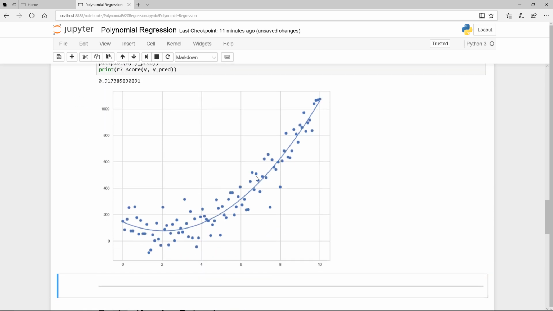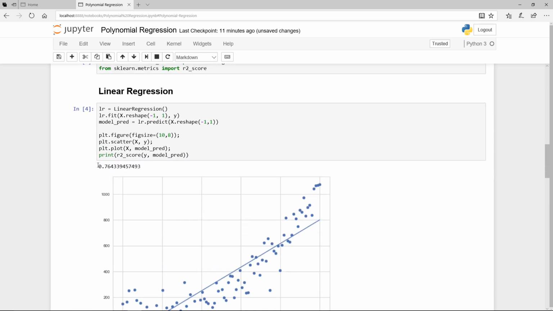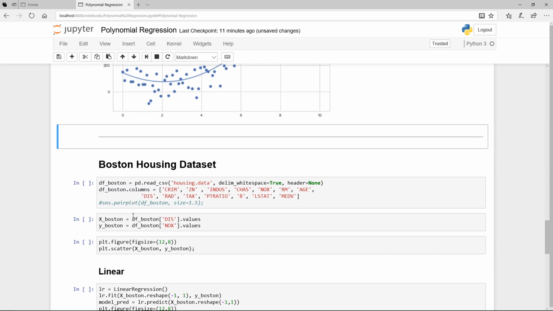So this is the observed, the dots are the observed data, and notice that the transformed data or the polynomial can actually follow the so-called distribution or explain the distribution or the underlying so-called properties much better. The R square is substantially higher at 91% when you compare it to the linear regression of only 76%. So having developed that intuition, we're going to dig into actual data now, the Boston housing data set that we've